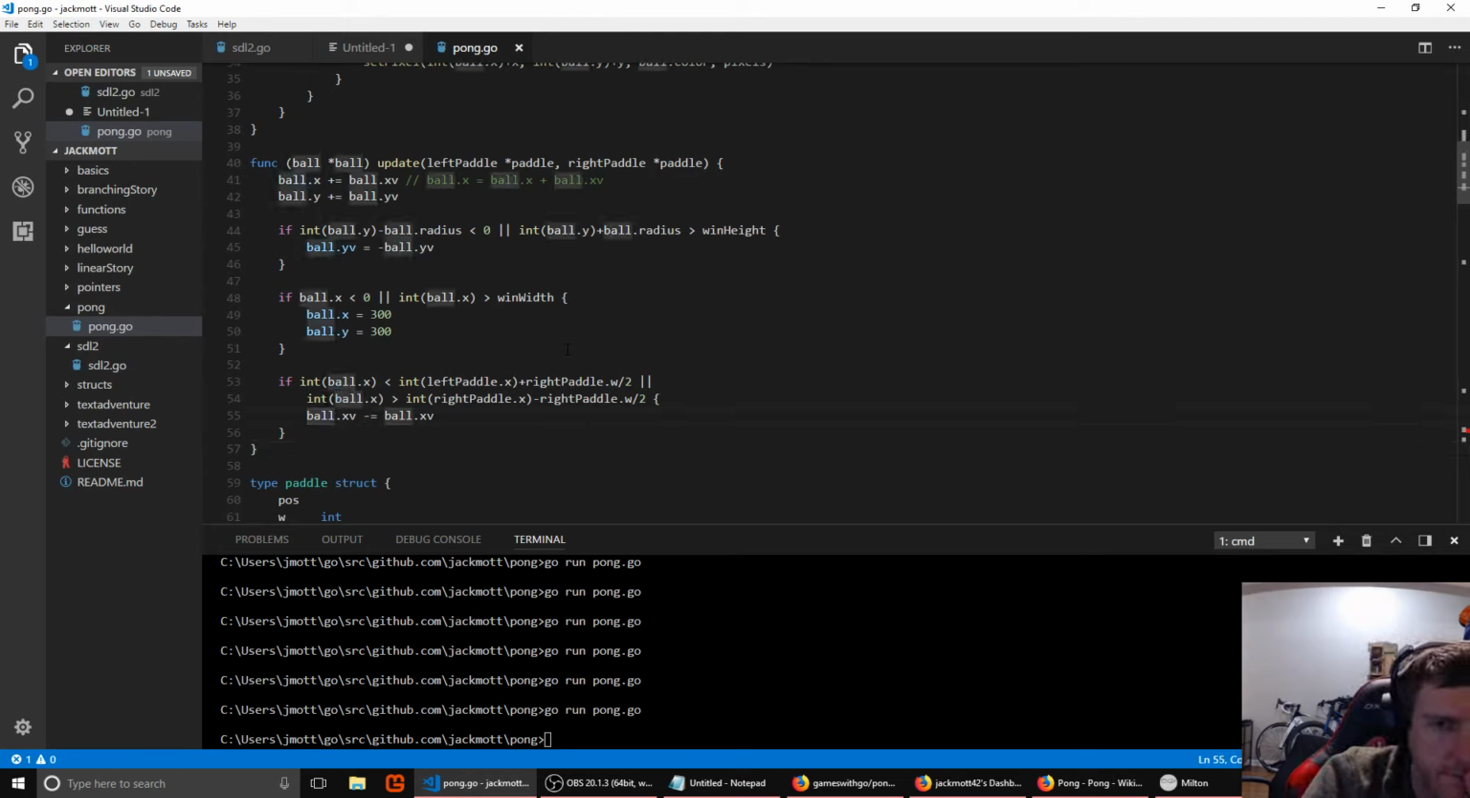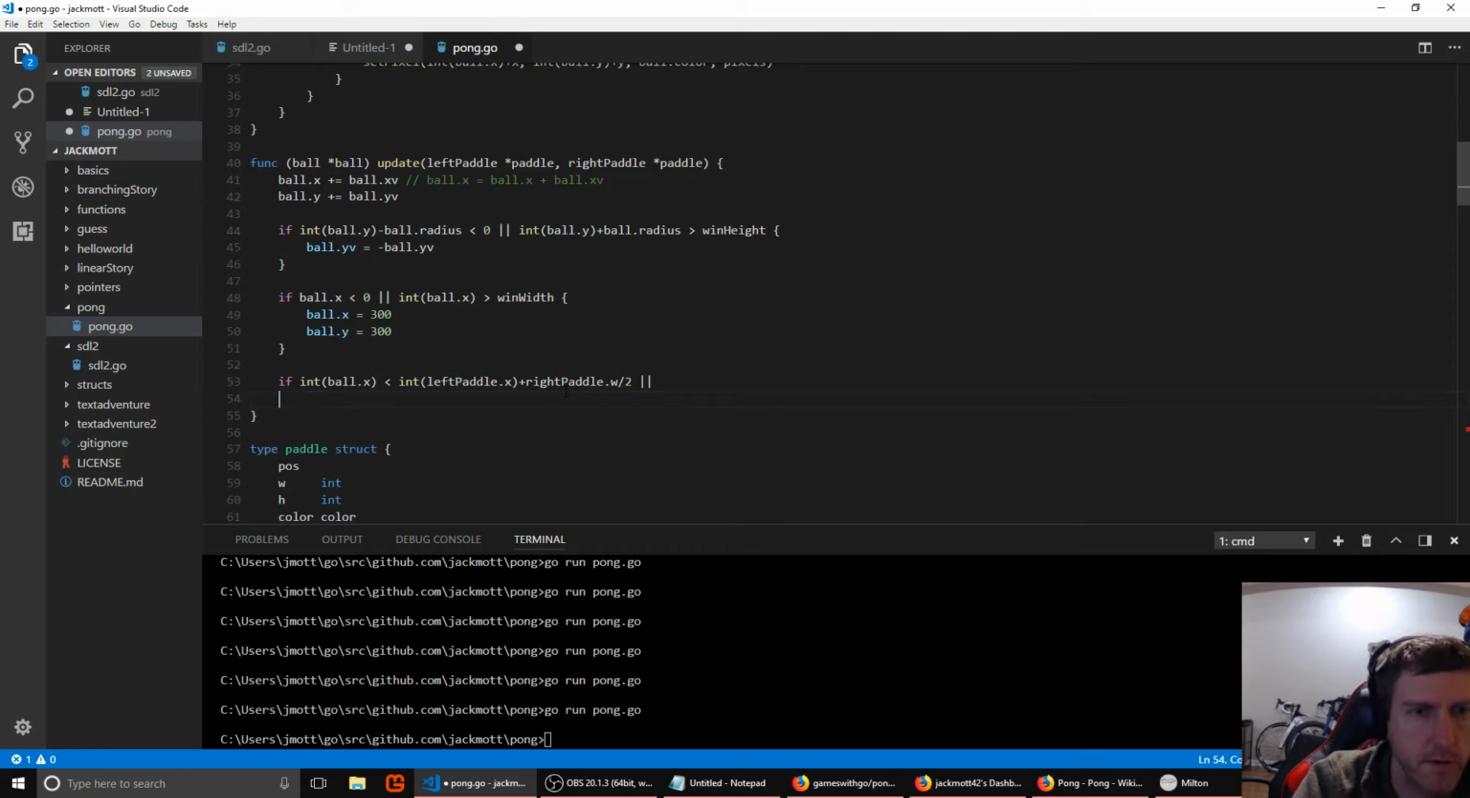But this is just going to bounce anytime it gets to the edge. We have to make sure that the paddle's actually high enough. So let's actually keep these separate for now. So we'll check left paddle. This should be left paddle. All right, so this tells us that the ball is at the same X position as the right edge of the left paddle. But now we need to see if the ball's Y position